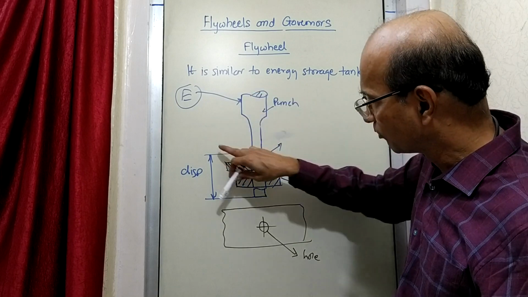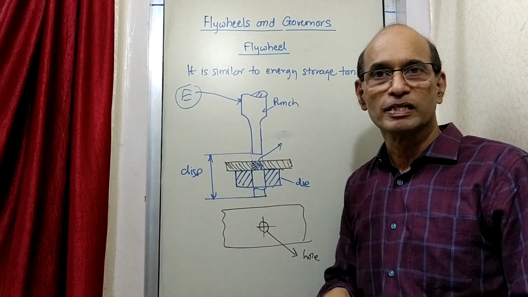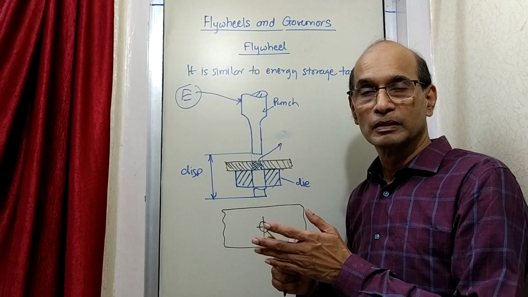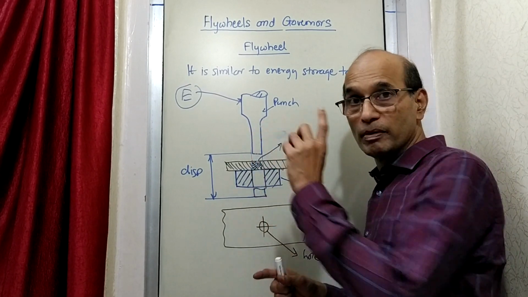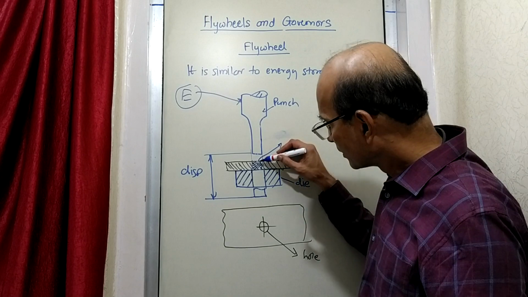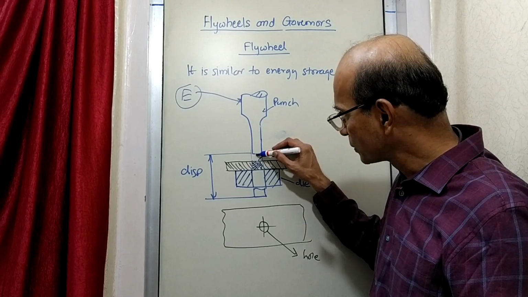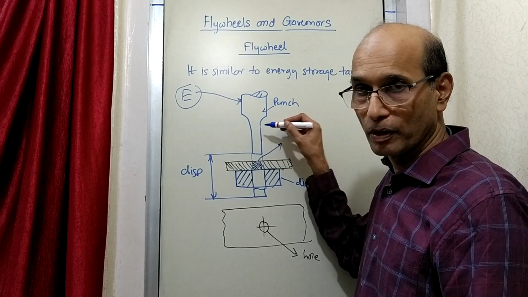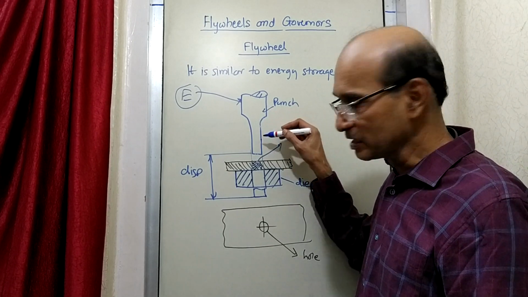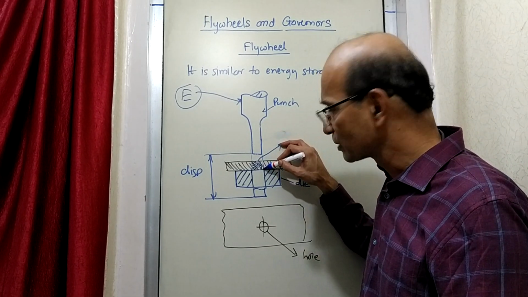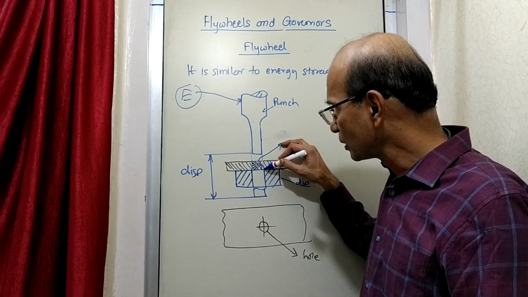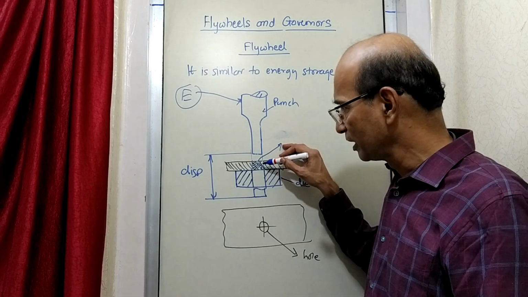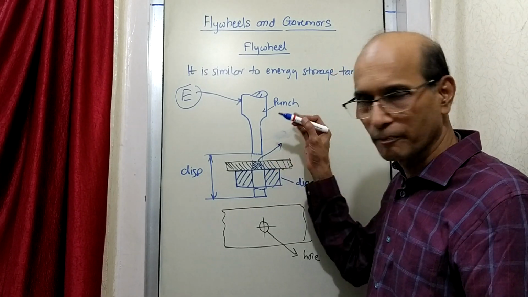Now out of this total movement, displacement, which is the time when there is maximum requirement of the load? The load that is coming on the punch will be maximum when the cutting action starts. That means when the punch touches here, the cutting action begins and the load on the punch increases. And that increased load continues till the cutting action is over. Once the cutting action is over, then the punch is going down, but there is no resistance because now the cutting is over. It has just to go down, maybe some friction somewhere.